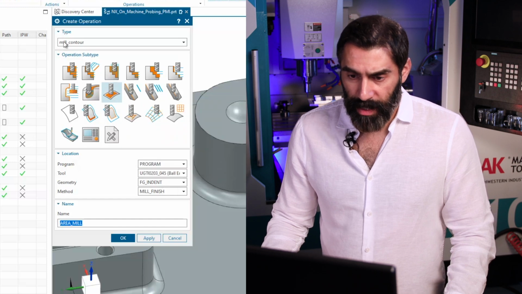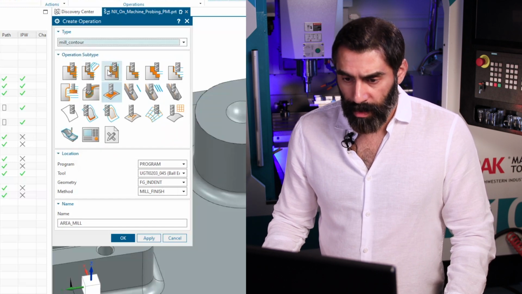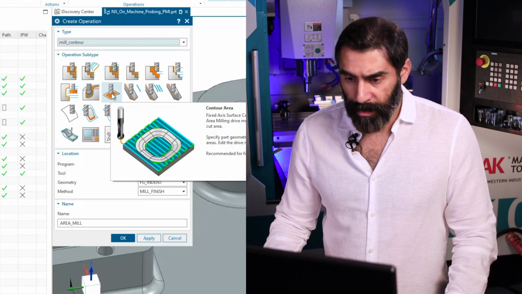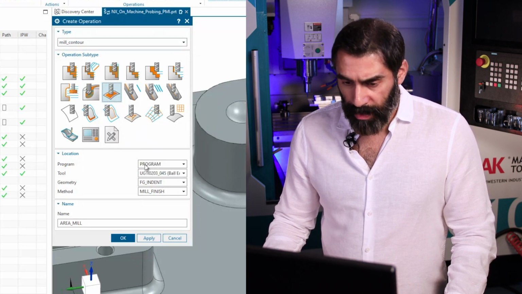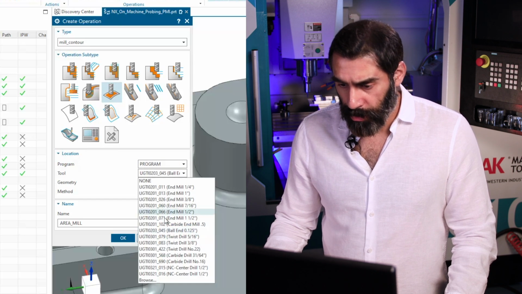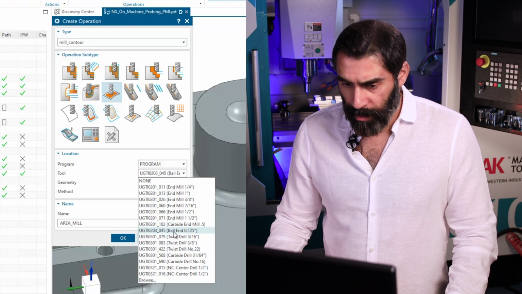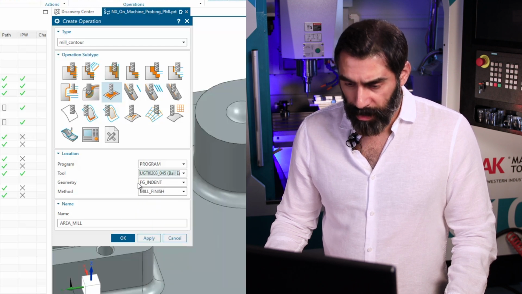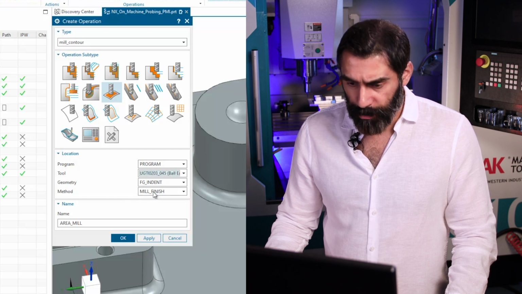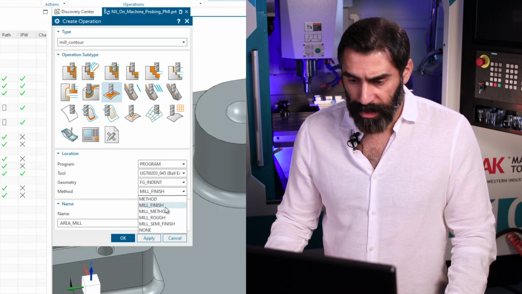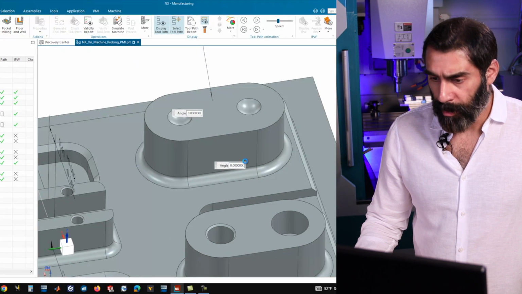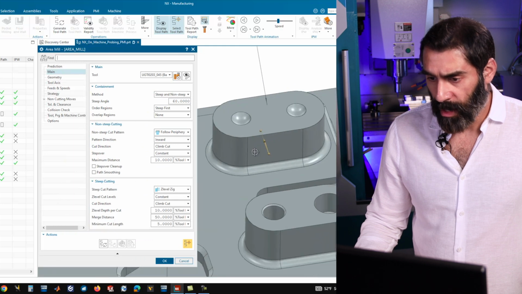Our type is going to be set to mill contour, and our operation subtype, we're going to choose to use a contour area path. We're going to let this go under the program. We're going to choose a 1/8" ball end mill. The geometry we're going to leave as our indent feature group. And then for method, we're going to leave this as mill finish. Click on OK. This will open up the area mill dialog, and we can set our parameters